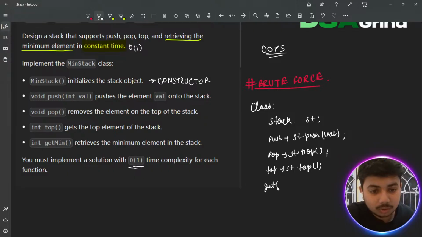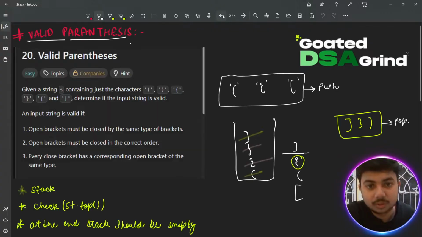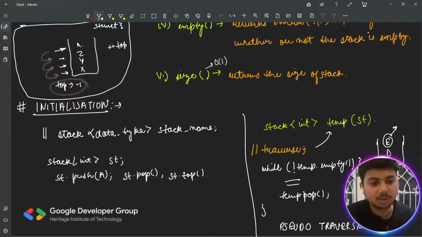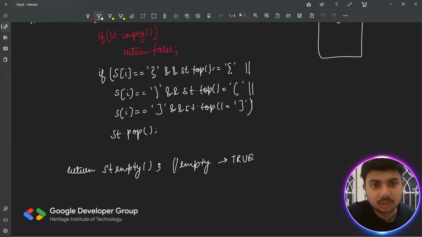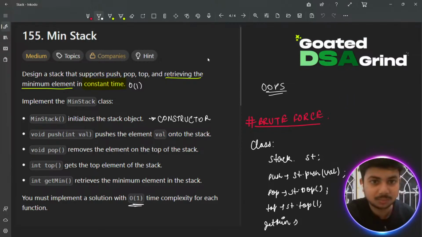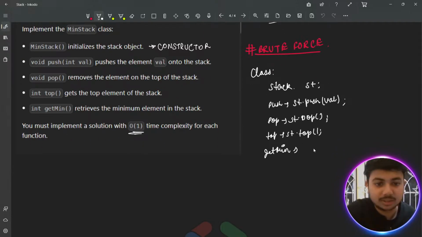But when we are told to get the minimum, what we need to do is, as I told you, we need to traverse and hold on to what the minimum is. So how do we traverse? We need to create a temporary stack in order to traverse. उसी स्टैक में ट्रैवर्स नहीं कर सकते क्योंकि उस स्टैक से हम लोग हटा रहे होंगे चीजें फिर. ठीक है. हटा देंगे तो फिर बाद में अगर पुश करना बोलेगा तो उस हटे हुए स्टैक पे पुश करेंगे ना हम लोग. तो दैट विल ऑफ कोर्स क्रिएट अ anomaly, right? So getMin function should create a temporary stack